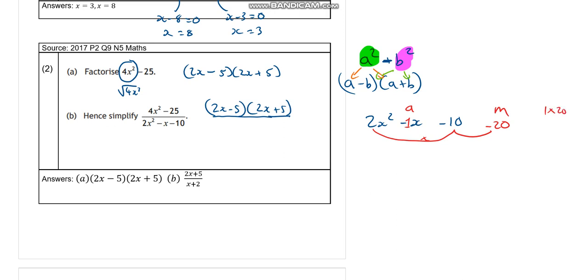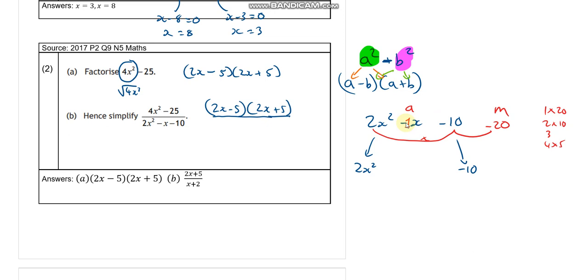Well, write the factors down for 20. 4 and 5. That looks good, doesn't it? So 2x squared stays the same, I just move that down. Negative 10 stays the same, but the negative 1x, I'm going to rewrite that